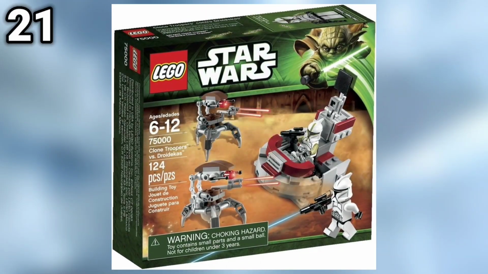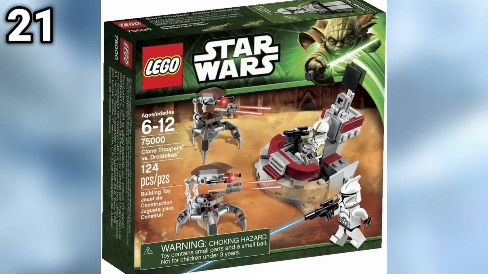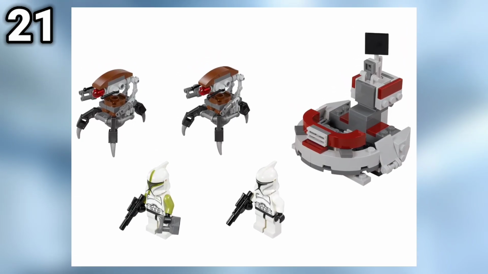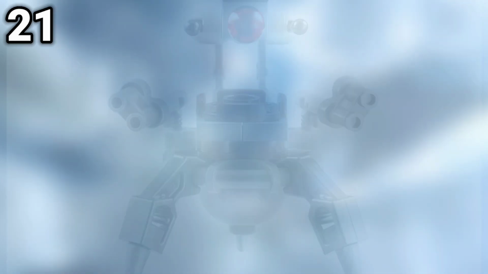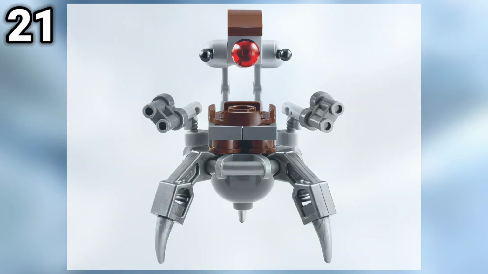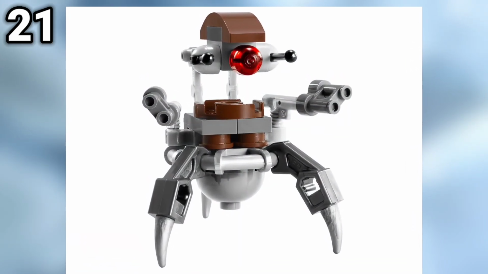At the number 21 spot, we have the Clone Troopers vs. Droidekas Battle Pack, set 75000, coming out in 2013 for $12.99. This set released alongside the 2013 Battle Pack, so you could fill it up with all of your Clone Troopers. Now, a lot of people don't like this set because of the Droidekas included and that they took up a minifigure spot, which is kind of fair. I understand where they're coming from, but if the Droidekas took up the build spot instead of the minifigure spot,